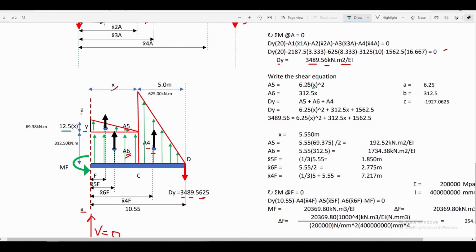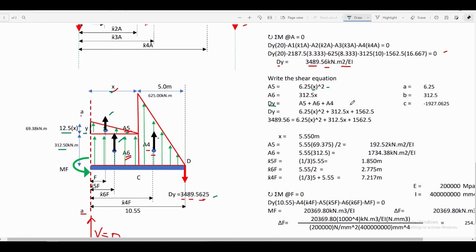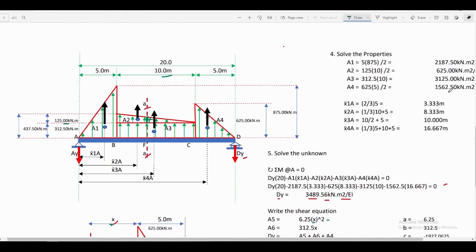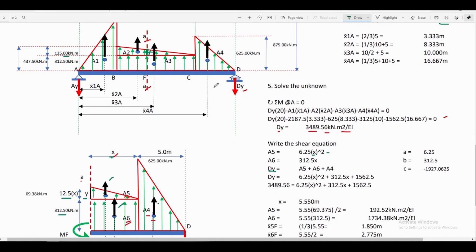Then if we divide by 2, that is equal to 6.25 x squared. And for area 6, that is just equal to 312.5 multiplied by the base distance, that is x. So that is equal to 312.5 multiplied by x. So dy, the downward force reaction at point D, is equal to area 5, that is upward, area 6, which is also upward, and area 4, which is also upward. And we have already solved for the value of area 4 from our previous calculation, that is equal to 1562.5